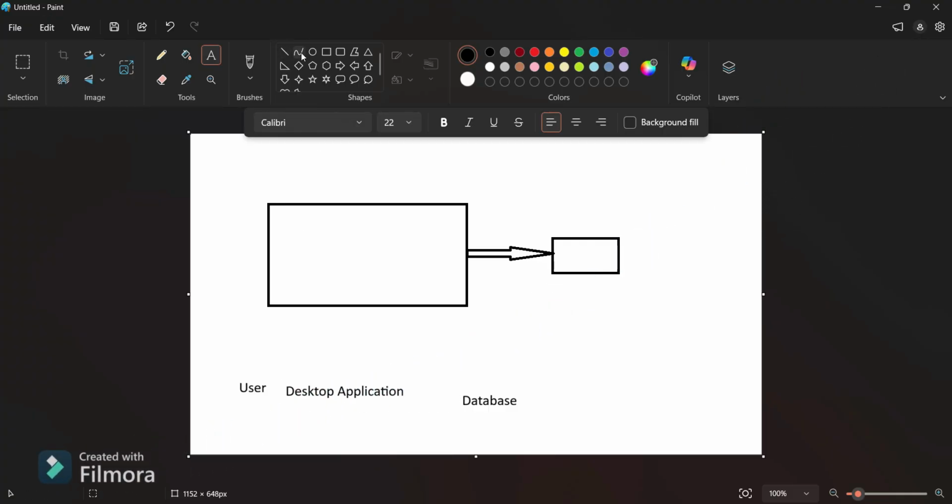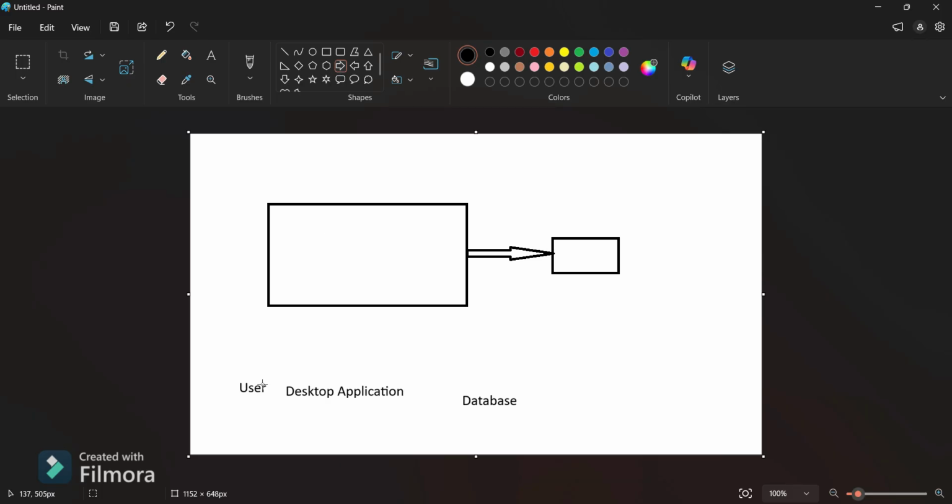So this is the flow. User, desktop application, and then database.